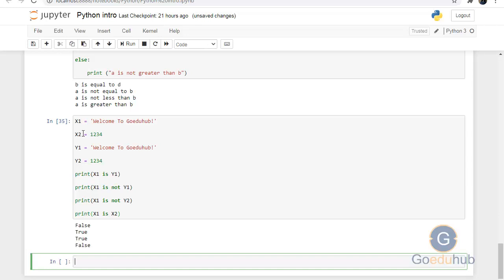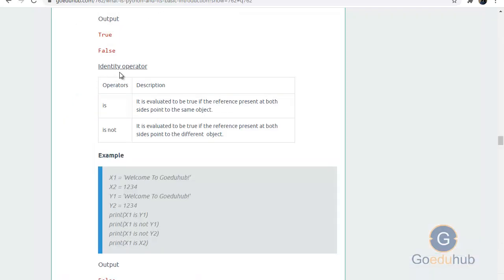And similarly, now we will see identity operators. Identity operators are used to check whether reference variables are pointing to the same object or not.